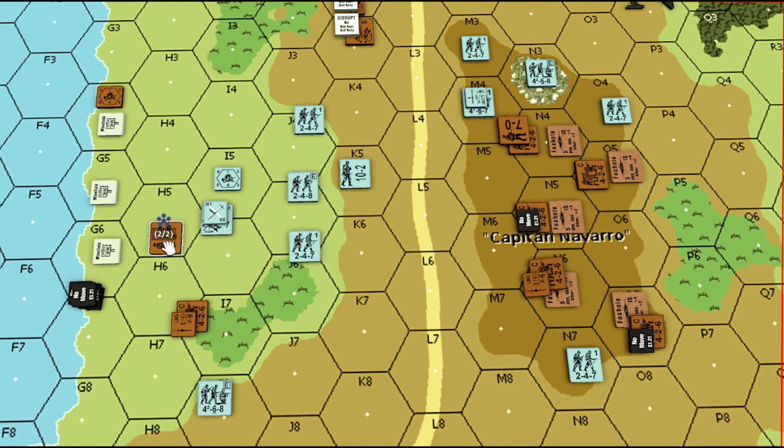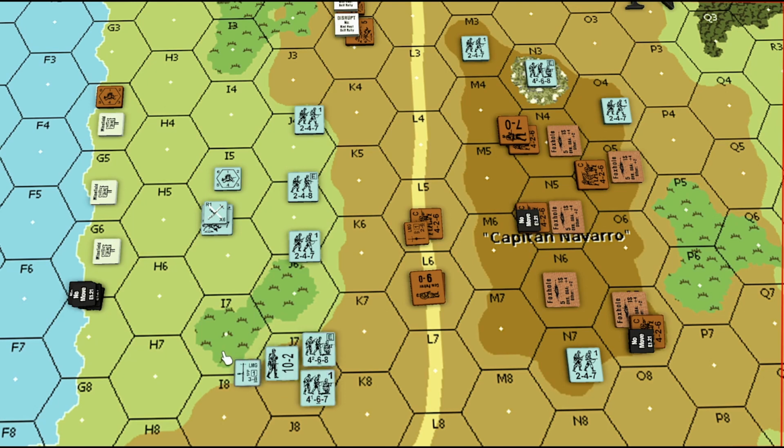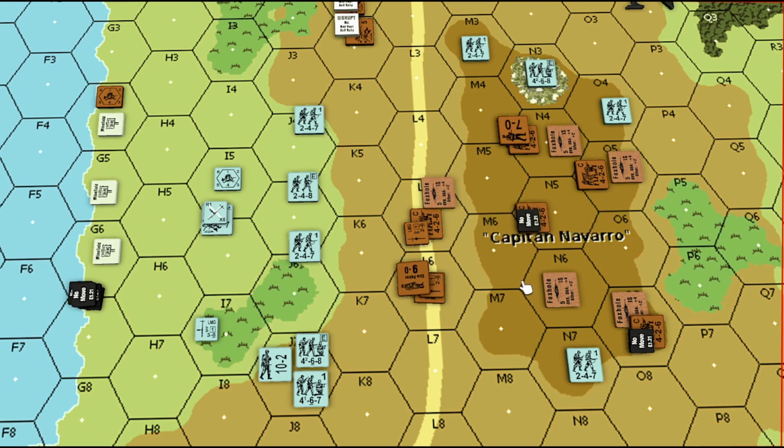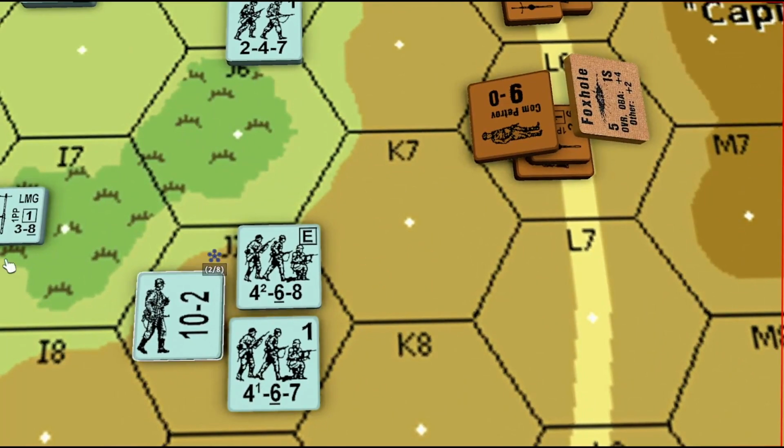Let's say these units are here, and you've got another bad guy right here, and you've got a 10-2 leader over here, and you've got a 4-6-7 with him, and a 4-6-8. Let's just say this is the situation. If these are Germans, and these are Russians, and even if they were in foxholes, and again, as a learning scenario, 10-2 leader, even if it's not a leader, if it's a hero, you can apply the same principle. These units right here,